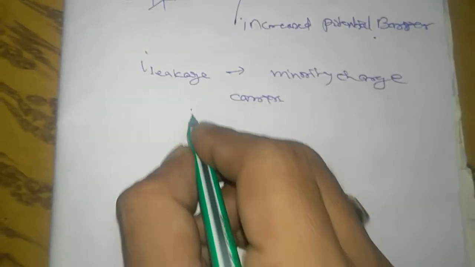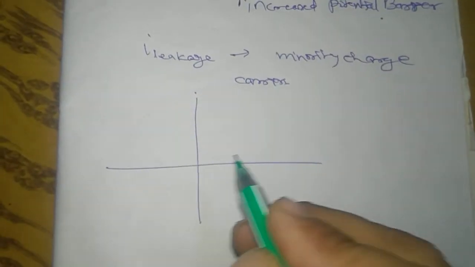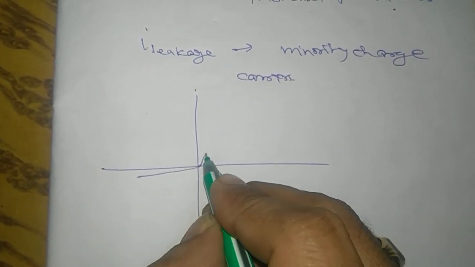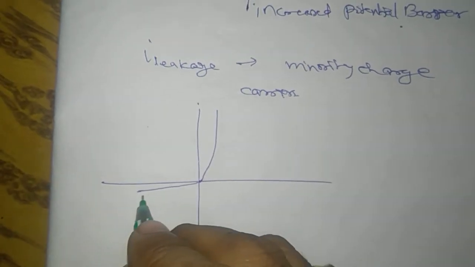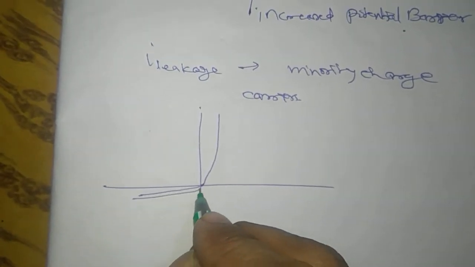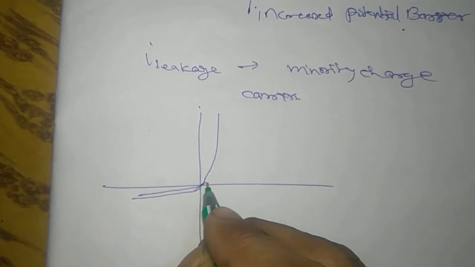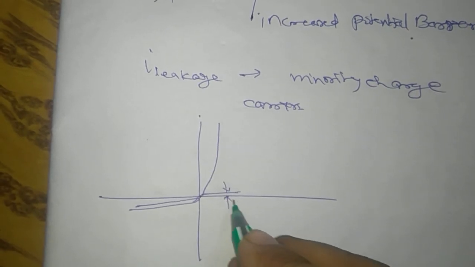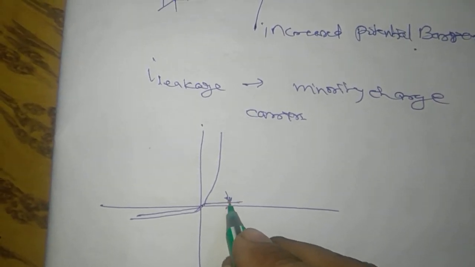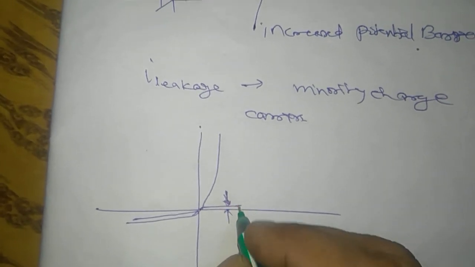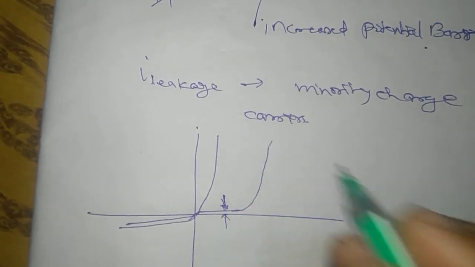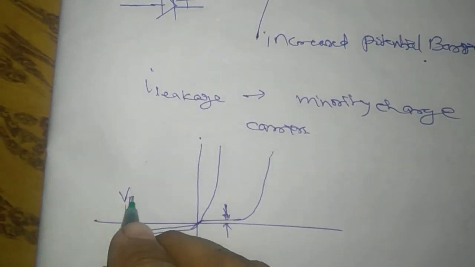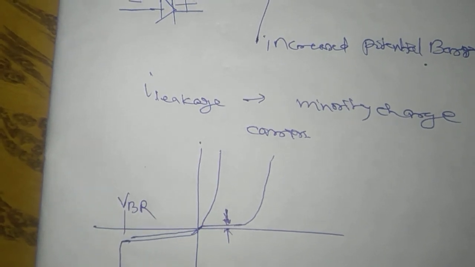So what are the characteristics of the diode? The ideal characteristic of the diode is like this. However, in non-ideal conditions, reverse leakage current will flow, and the characteristic will be like this. And after a certain reverse voltage, the current will